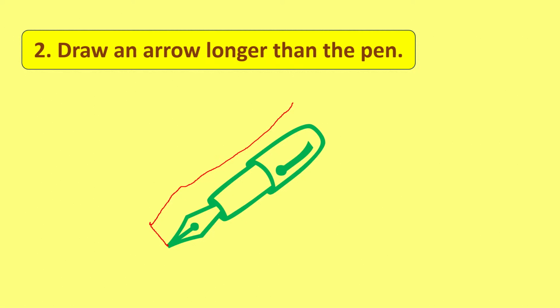So we just increase the length, or the size, of the arrow. We just increase the size of the arrow. Okay, so it's a longer arrow than the pen. Hope you definitely got the point. So look at it in a proper way, like that. Okay, come on with me to the next point,